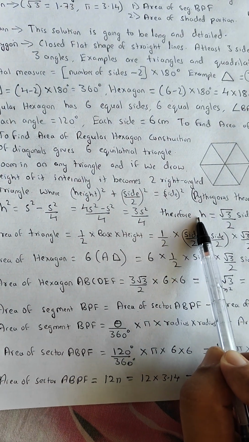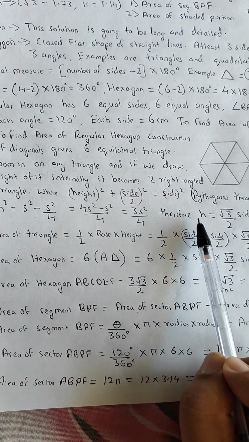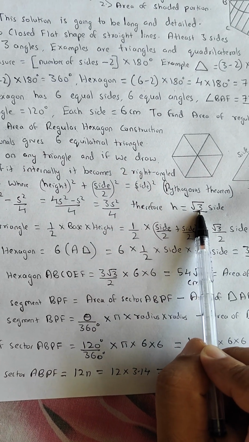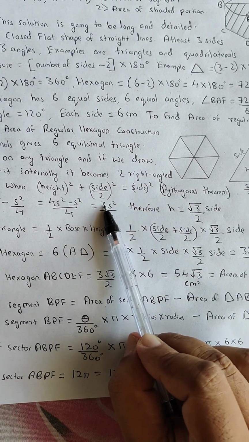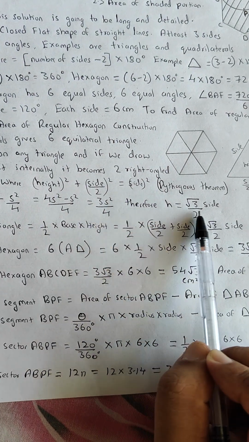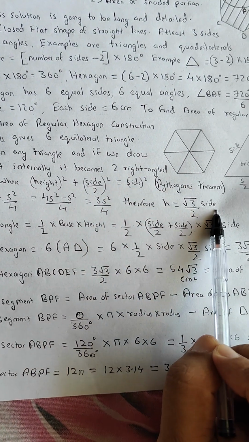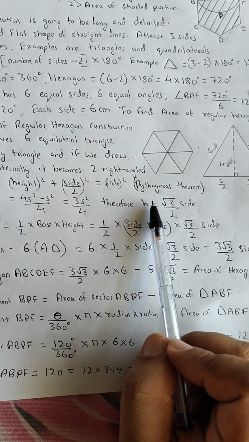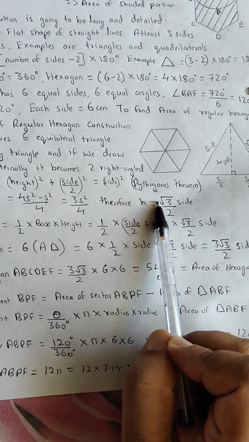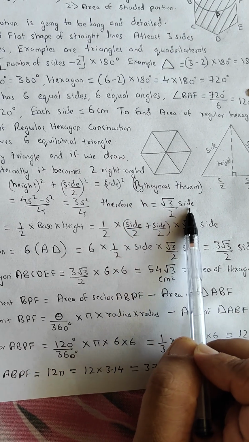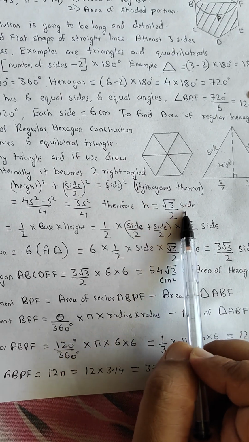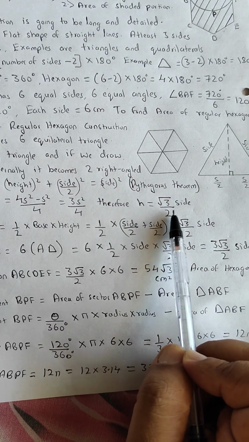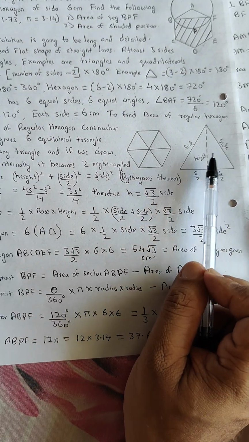I am interested in finding the value for h, height only. So what I am going to do, I am going to take square root of this. This will become root 3 upon 2. 3 का square root root 3 आता है, 4 का square root will be 2 and side square will be side. Now here some student may ask about a doubt, sir, this answer can be plus or minus. Yes, it can be plus or minus, but negative side is rejected. Side can never be negative, so negative value को हमें reject करना है. Height becomes root 3 upon 2 into side. This is the value for the height.